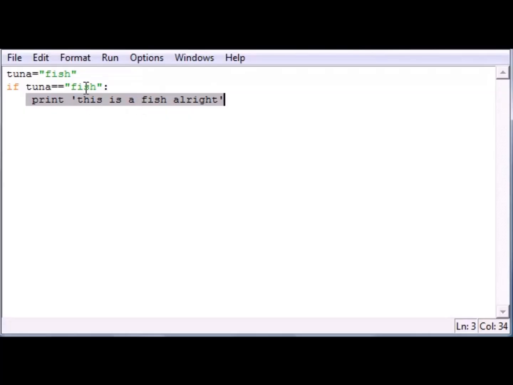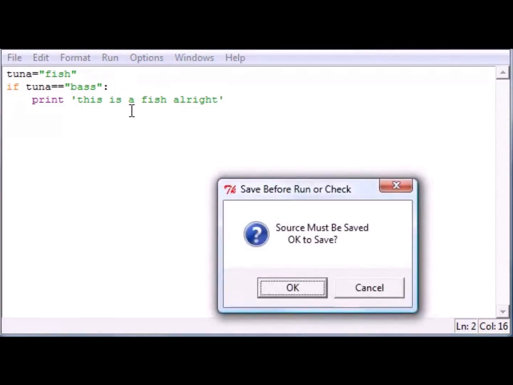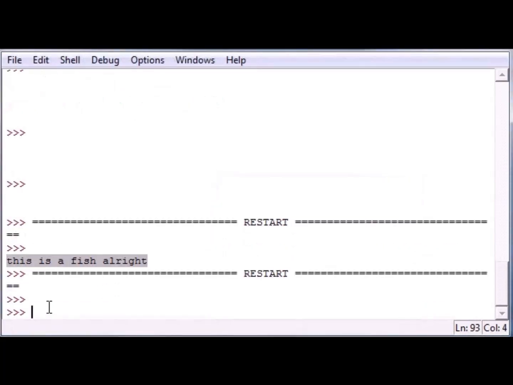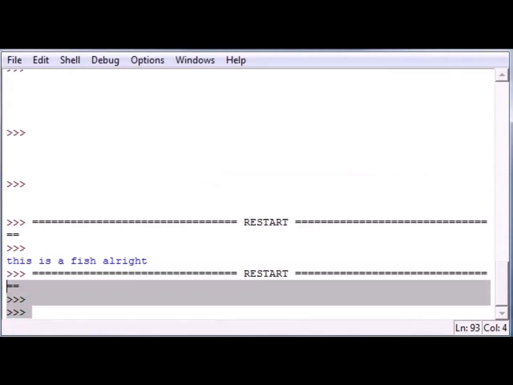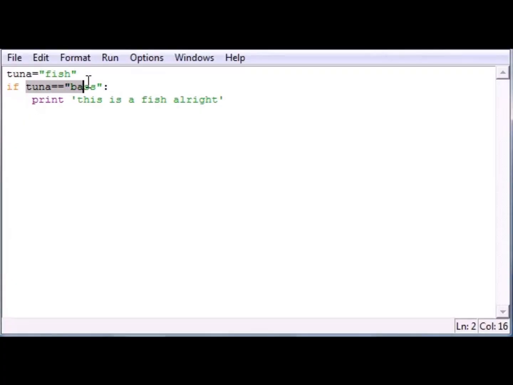And let me show you guys what would happen if fish was something else. Say if tuna was equal to bass, what would happen? So go ahead and press F5, save it, and as you can see, when it runs this time, nothing happens. So that's kind of the basics of the if statement. If your test is true, it's going to run this piece of code that's directly indented underneath it. If it's not true, it's going to say, alright, I'm not running this, just move on to the next line